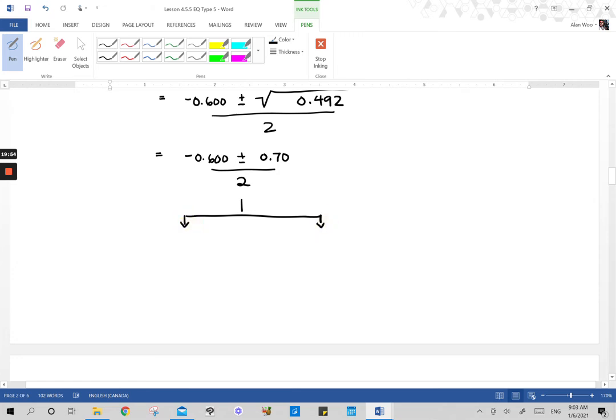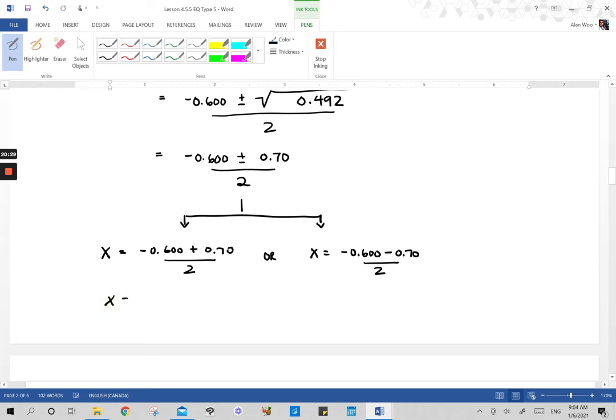into 2 possible values. X can either equal negative 0.600 plus 0.70 divided by 2, or x can equal negative 0.600 minus 0.70 over 2. Okay, so if we do both calculations,